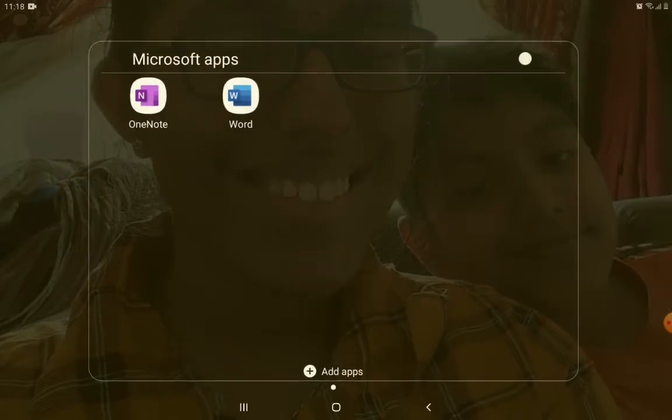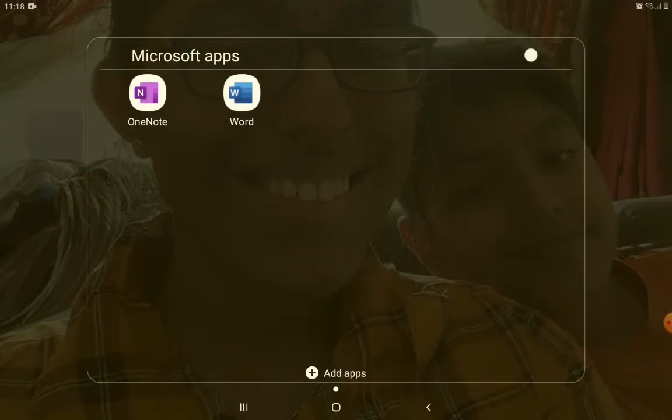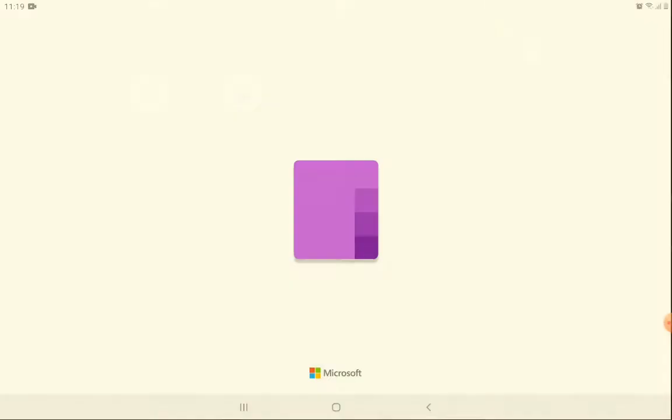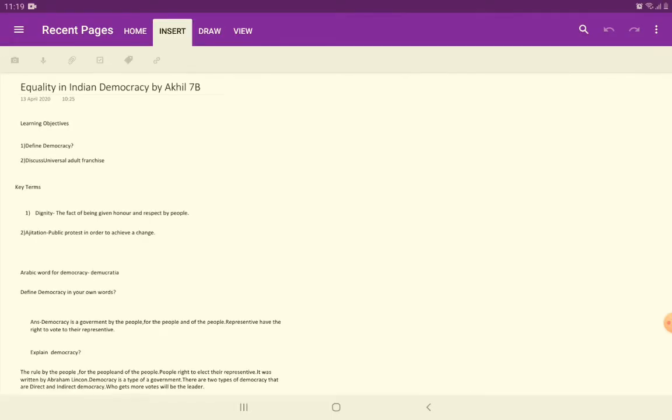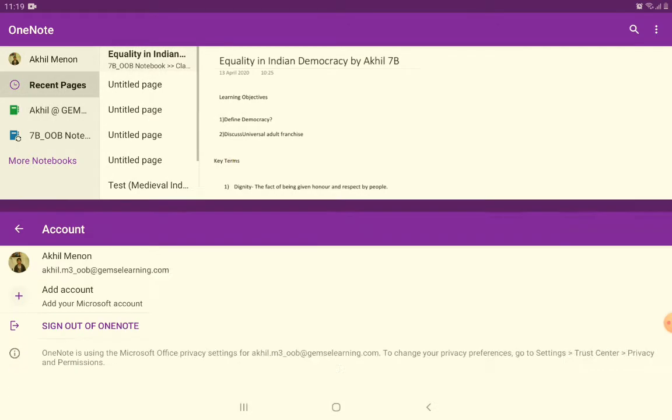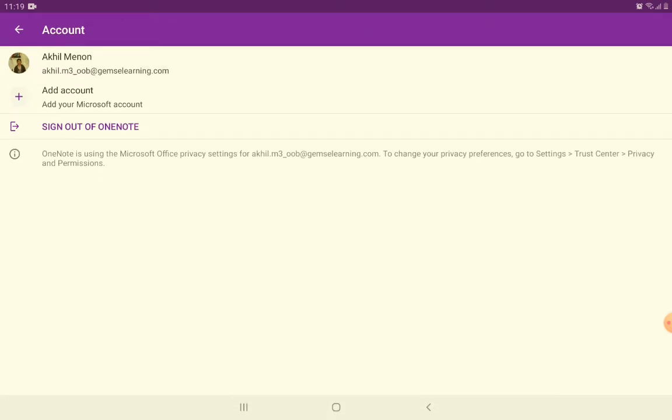That app is called OneNote. When your teacher says we should download OneNote, download OneNote straight away. After downloading OneNote, first sign in to your account. I have signed in to my account.